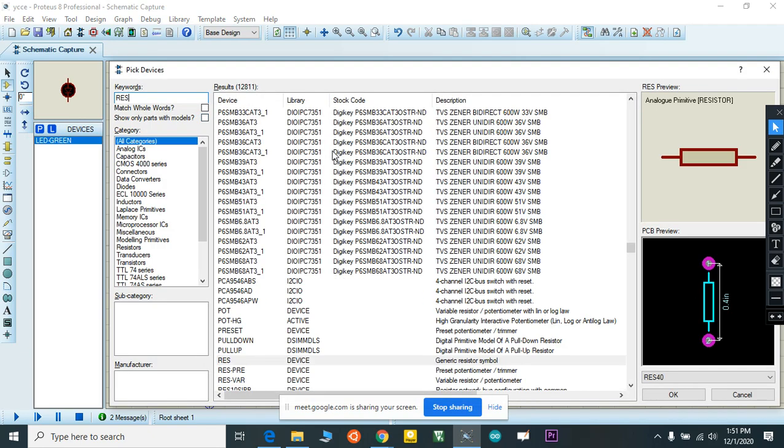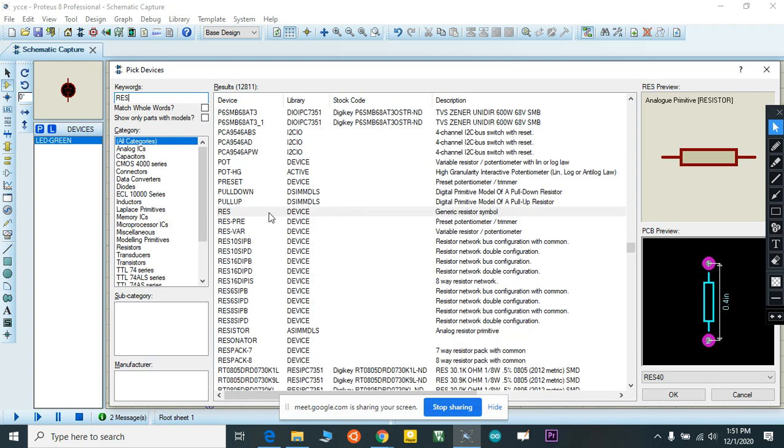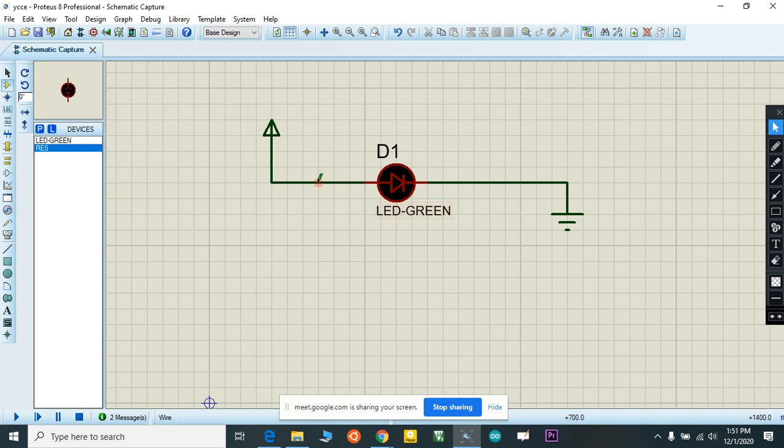Different types of resistor you can see here, and you can see this generic resistor. Okay, then I'm going to delete this wire. Once I add it, you can see all components in this object window. So I just connect my resistor here.